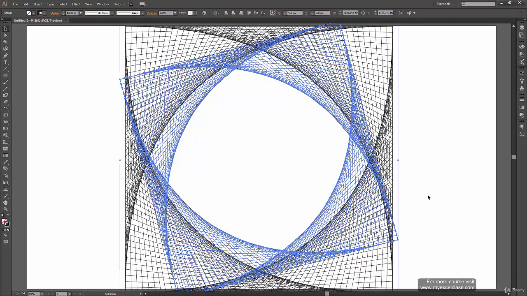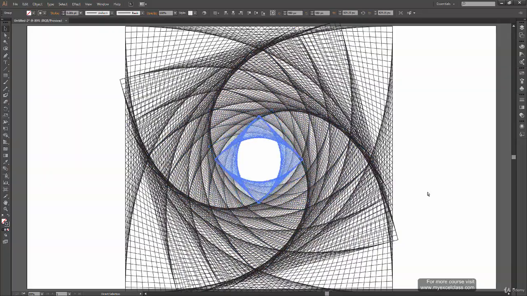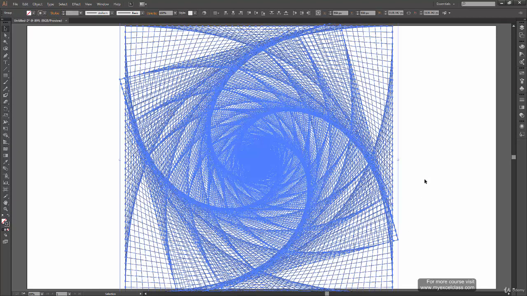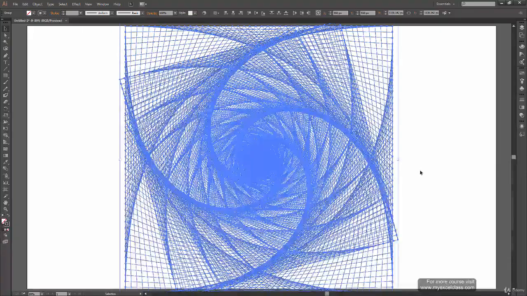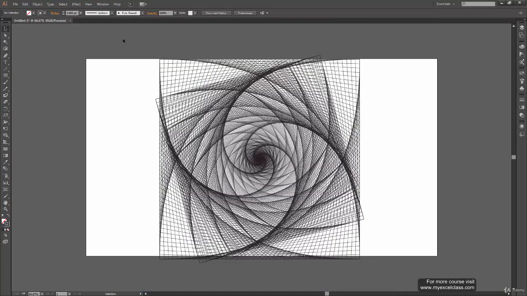Okay. Now what I'm going to do is press Ctrl D again and again to duplicate this transformation. Okay. And now select all of them by pressing Ctrl A on your keyboard, or you can use your selection tool and drag around this whole design to select all of them.